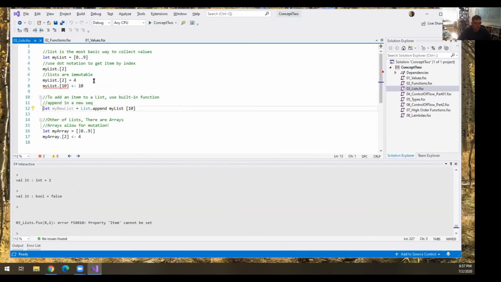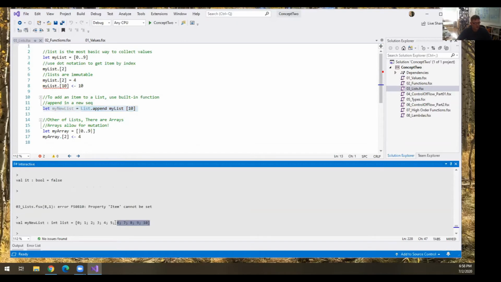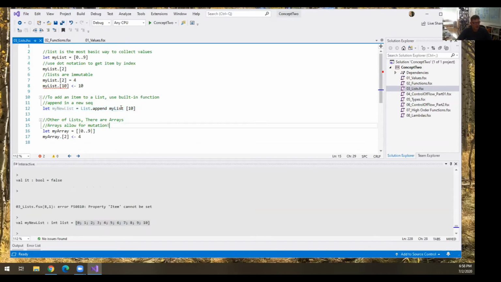So we have these immutable lists. If I want to add another one, like a number 10 on the index, how do I do it? Well, I have to use the list append function, where I pass in my current list, I pass in a new list with that value, and I get my new list out. And so now you can see it's 1 through 10. Now what happened to my list? It's still there in memory, right? And my new list is also now there in memory.